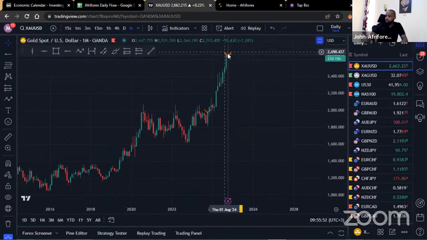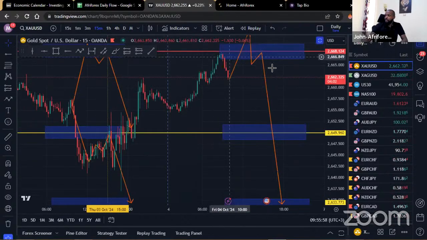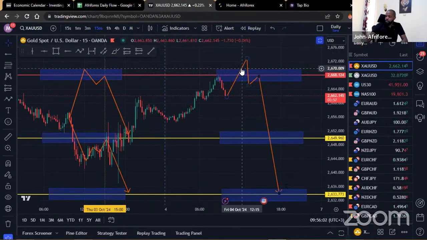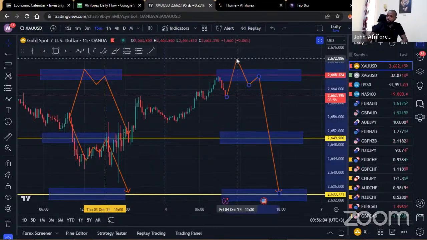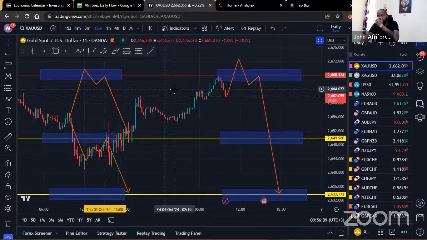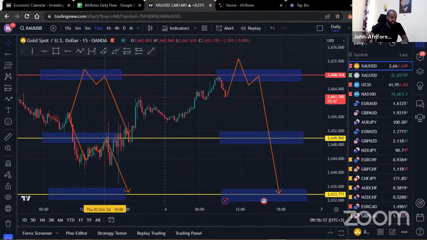You could find that the market could actually rally past this 2700 level. And I guess if everything lines up and we actually get the buyers showing up within this region and the market actually breaks to the upside and holds above here, then I guess at that point in time, we could actually end up looking for buys. But right now, as far as things are concerned, we will be watching out to see whether we can get selling opportunities. So I guess, and I hope that's pretty clear, everything that we've discussed.